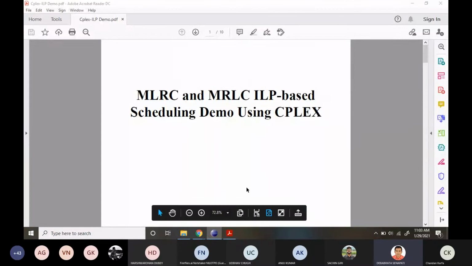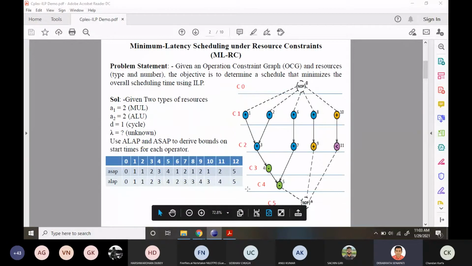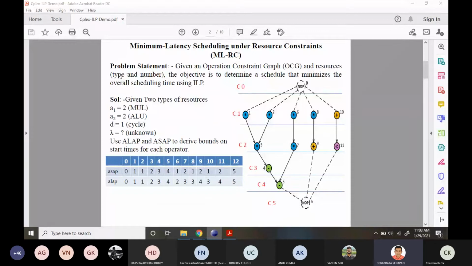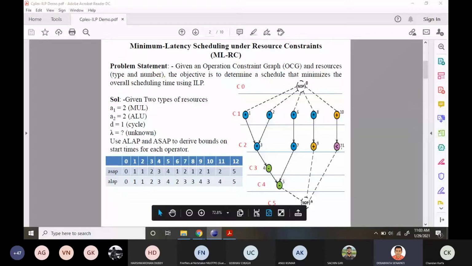So the problem here is minimum latency scheduling under resource constraint. The problem given to you is an operation constraint graph, the types of resource and the number of resources of each type, and the objective is to determine the schedule that minimizes the scheduling length. In this operation graph, there are in total 11 operations, and we have added 2 dummy nodes, so in total 13 nodes.